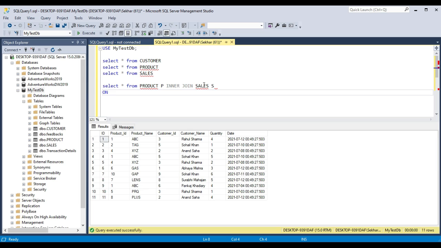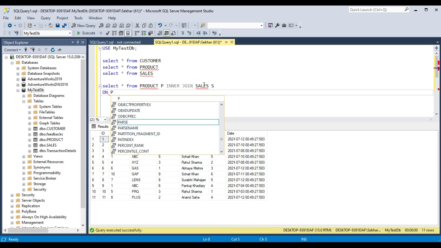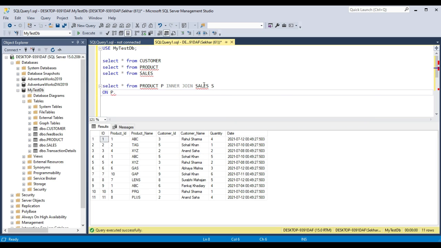So on, from the product table we want to take p dot id equal to, if you see in the sales table we have a product id, so we have to join the id of the product table with the product id of the sales table.